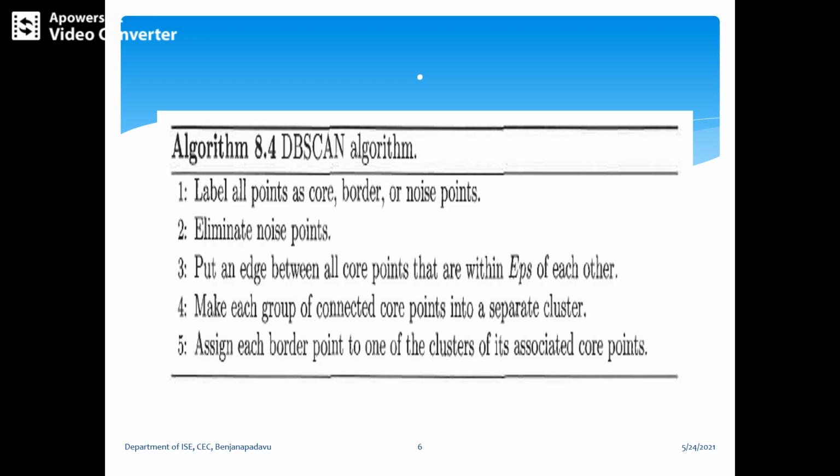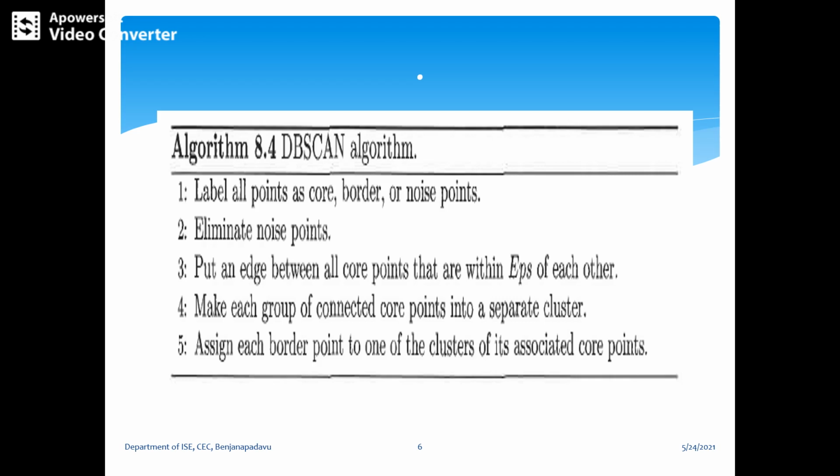The first step of this algorithm is to label all the points as core, border, and noise points. We take a radius, and within that radius we decide whether a point is core, border, or noise.